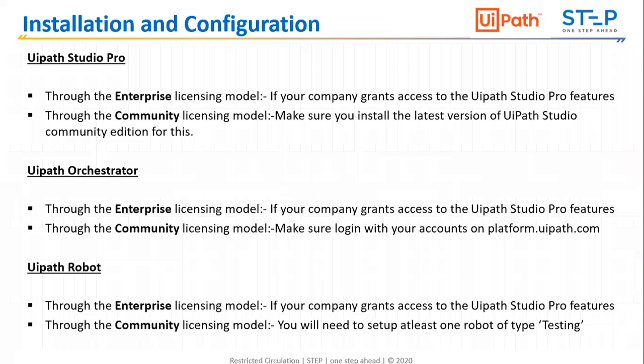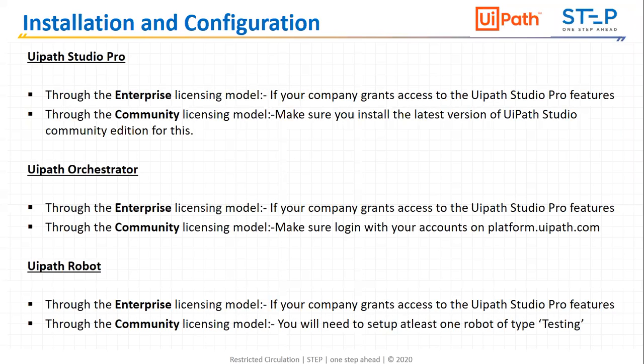So let's see how the installation and configuration takes place. There are UiPath Test Pro Enterprise and Community versions, and they are available on the UiPath website. You can just download it and start using it. You need an Orchestrator, where, as I said, we do the orchestration of our test case. So how is the test case running? Is it pass, fail, or is it stuck somewhere? We should get an idea about it. That's the reason Orchestrator is needed.